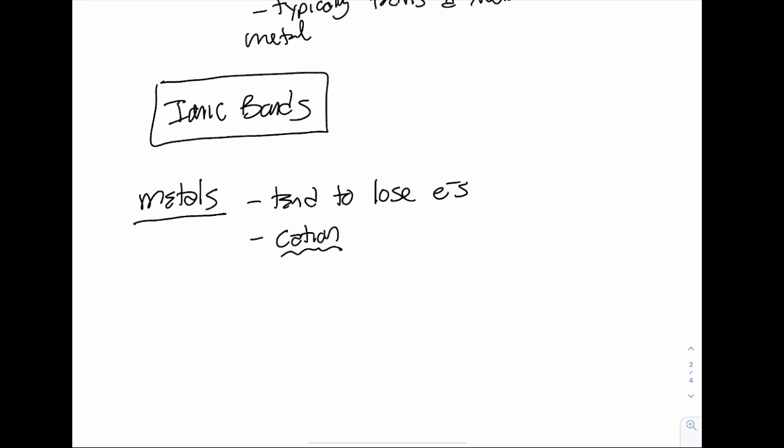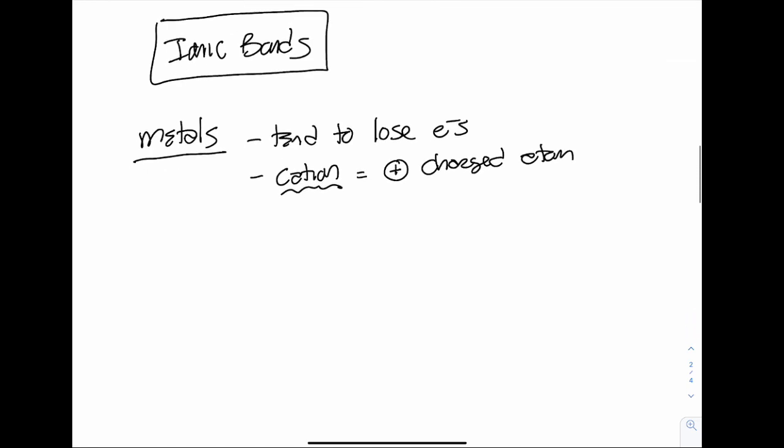And remember, a cation is our positively charged ion, or a positively charged atom, right? An ion is a charged atom, so a positively charged atom would be an ion. So they tend to lose electrons. They're going to form our cations. For main group metals,